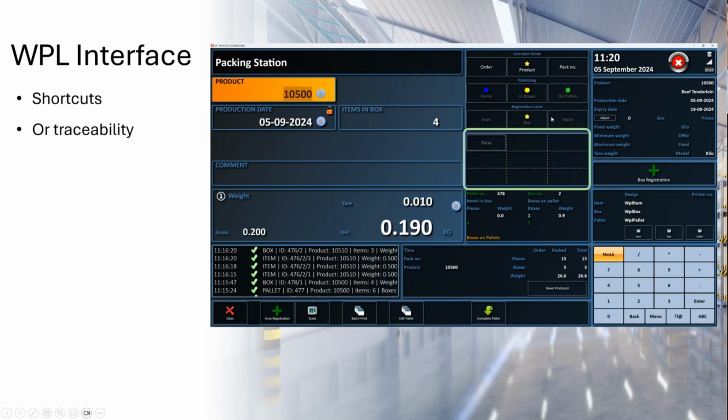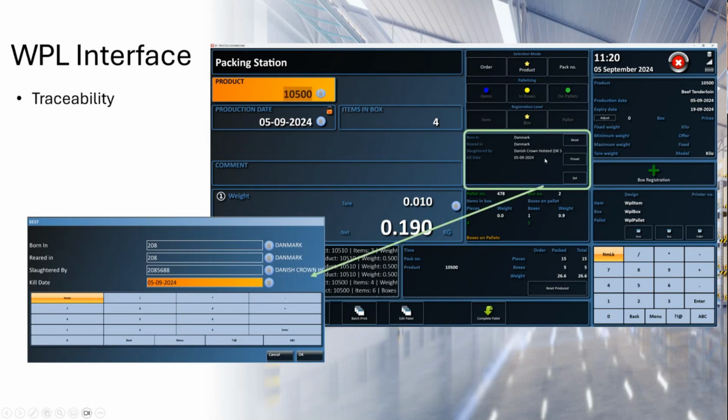Thank you. This is the shortcuts. So if you have 5 or 6 different products you produce a lot, then you can add shortcuts here for these. When you have selected a product, this field will change to the traceability. So the flow questions we just made earlier and attached to this product will be shown here, and then the operator can click on the set button or the preset and open a window where he can fill in the traceability.